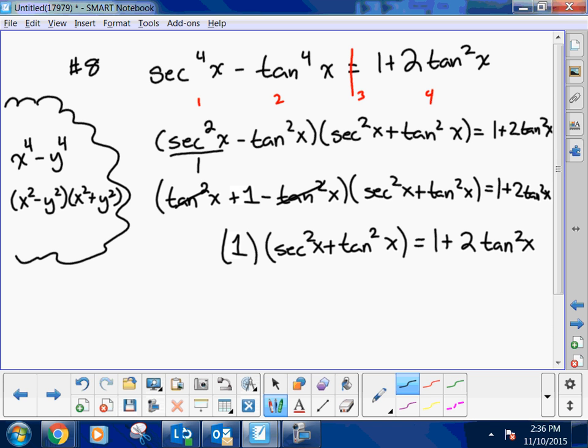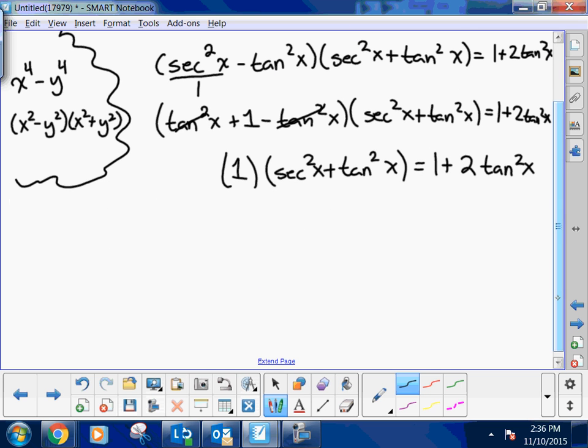So now go ahead and go back and identify your identity for secant squared x. It's the same one as the one before, right? So in this case, we're going to go ahead and substitute this. This is really 1 plus tangent squared x plus tangent squared x, and that is equal to 1 plus 2 tangent squared x. Actually, they don't necessarily cancel, they combine. If you notice,